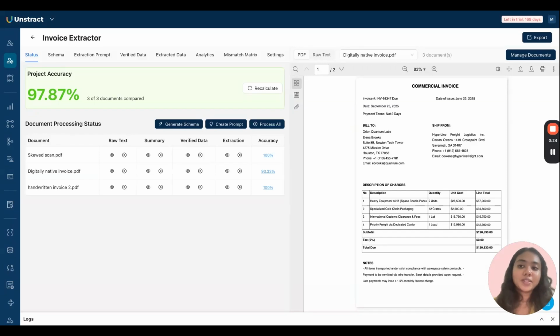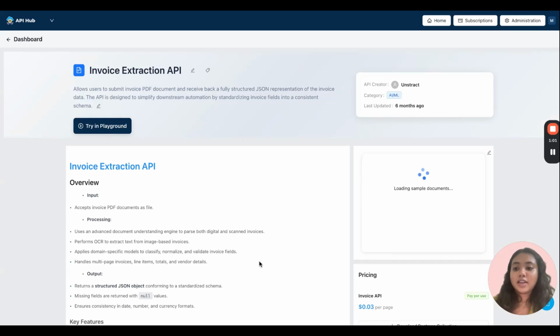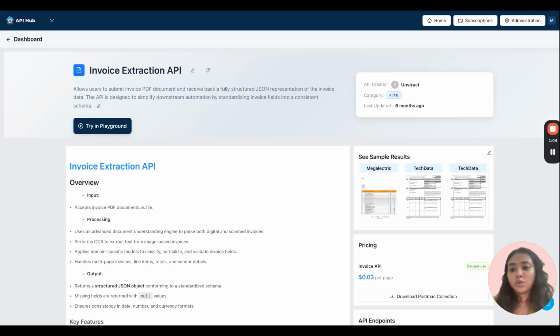And when it comes to invoices specifically, beyond the Agentic Prompt Studio, there is another powerful capability that I want to go over. So, for this, I'm going to head over to the Unstruct API Hub. Now over here we have, and we will be adding more APIs which are ready to use. So all you have to do is plug and play these APIs in your document workflows, and you do not even have to go through the prompt engineering or the development phase that we just looked at. All you have to do is, we already have a ready-made invoice extraction API. So you can go through this and you can check out if this would work for your particular business.